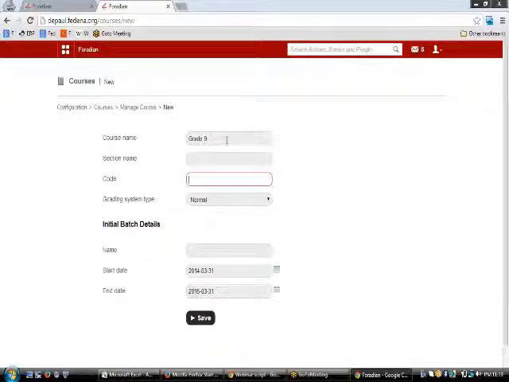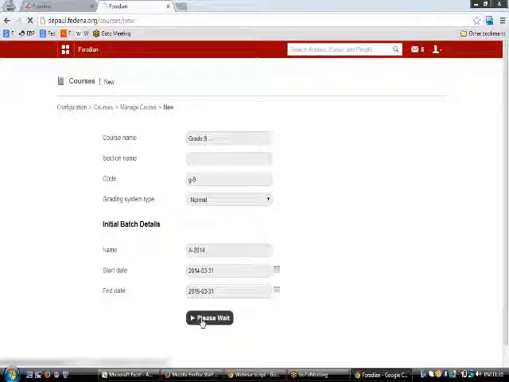Then you need to type a code name mandatorily, then the batch details. The first batch for this grade 9 is 2014, so you need to type the initial details as A 2014, and the course name should be grade 9, code G9, and the grading system can be normal, GPA, CWA and CCE based upon your choice.